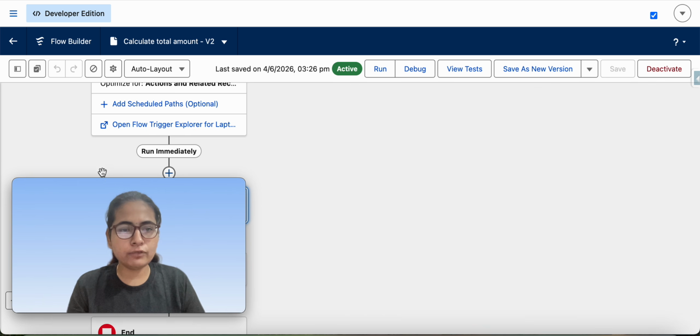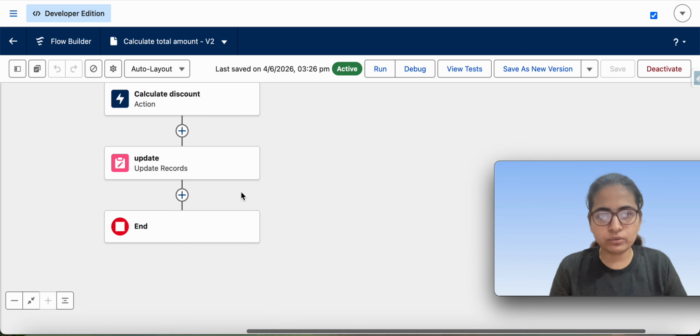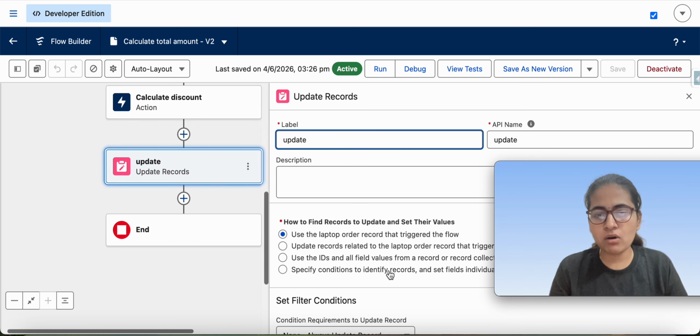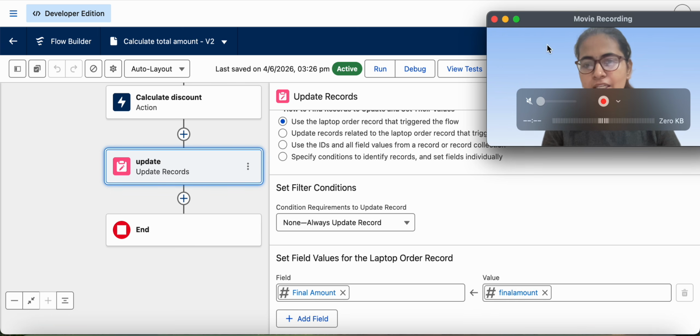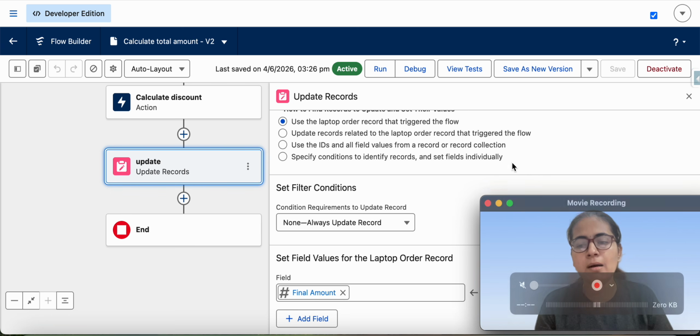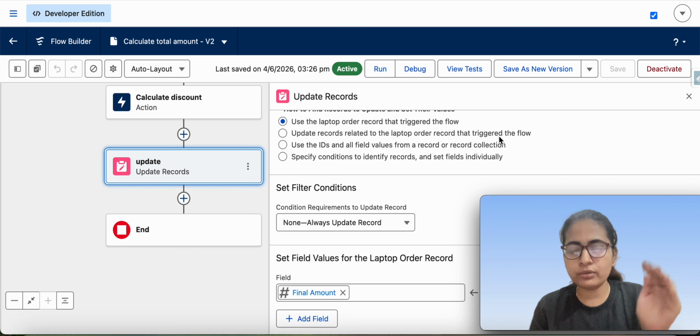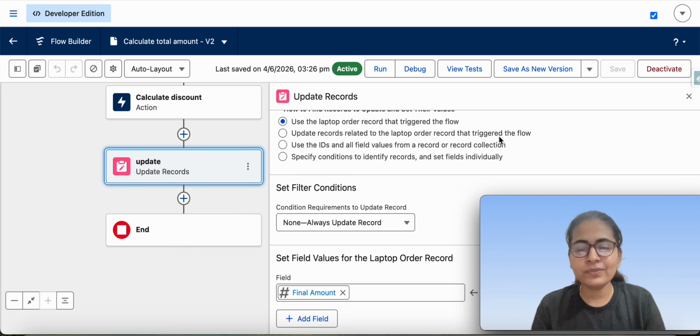Using the formula field, once we get the discount, I am updating these records by giving the final amount, which is the order amount discounted from the actual total amount. So if the total amount was 100 and the discount is 10%, then 100 minus 10 is 90.